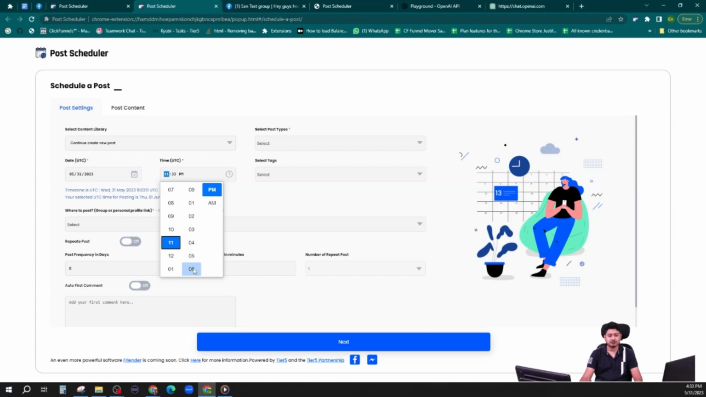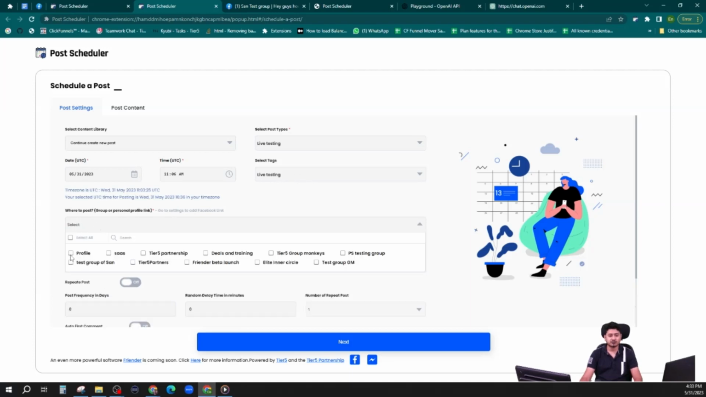So maybe at 11:06, and not PM, it should be AM. Type will be live testing, tags will be live testing. This is not mandatory, so you can keep it even blank. Now where to post? So I'll post